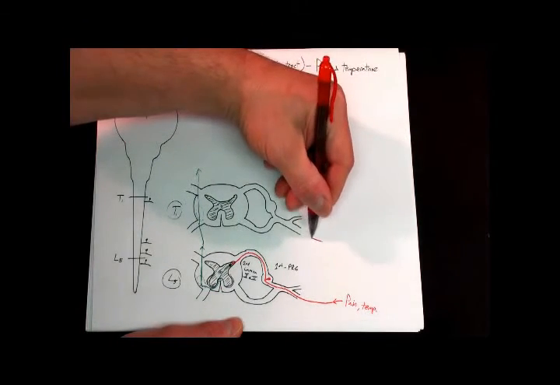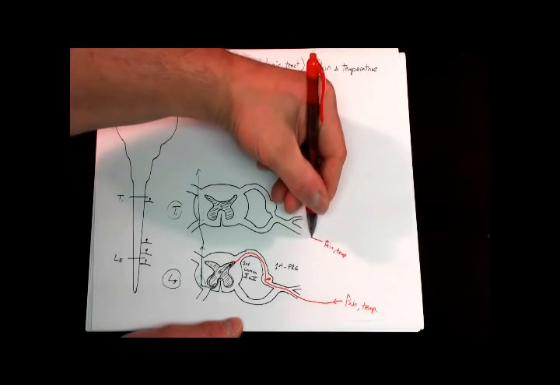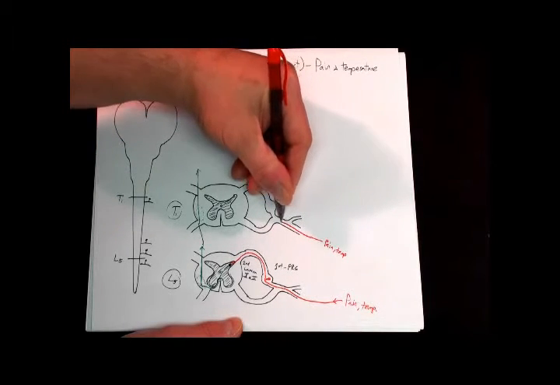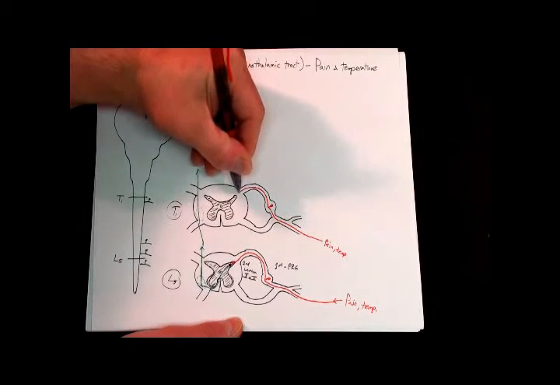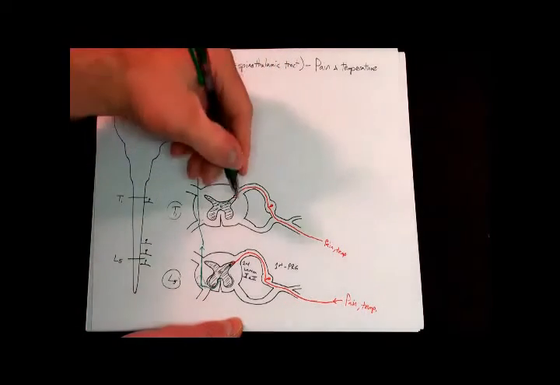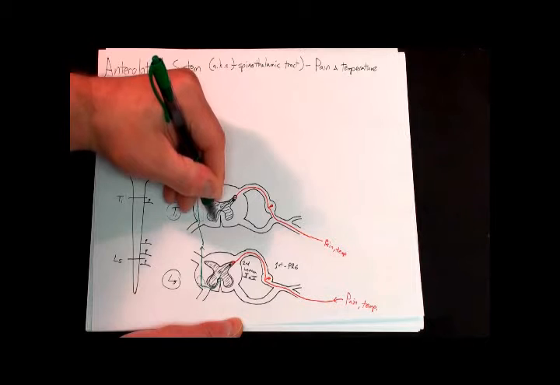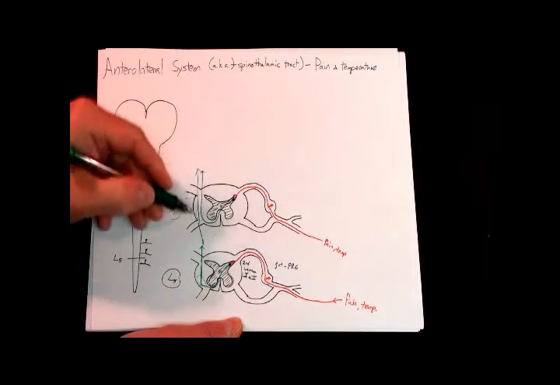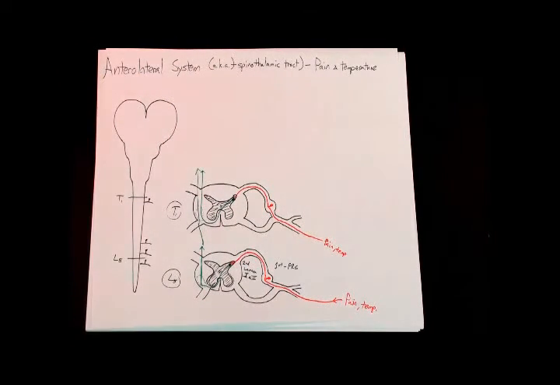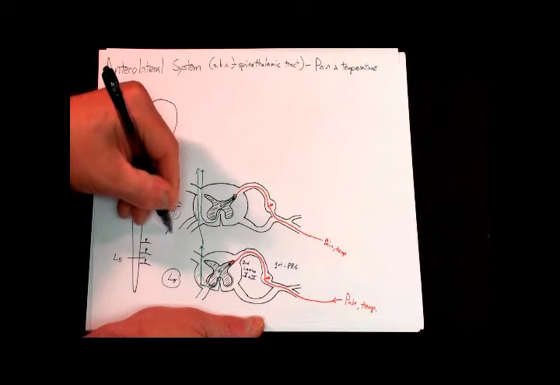So from here at the T1 level, we got the same thing: pain, temperature from the medial aspect of your arm is going to jump on the T1 branches of the spinal nerve, head back up, posterior root ganglion, where the cell bodies are located, come into the dorsal horn of the spinal cord, synapse with the second cell bodies in lamina 1 and 2, sends the axon across the anterior commissure there, decussates, and jumps on a little more medially because the lower limb axons are already there filling up space. So this cluster right here is the anterolateral system, and the axons in it that go to the thalamus are